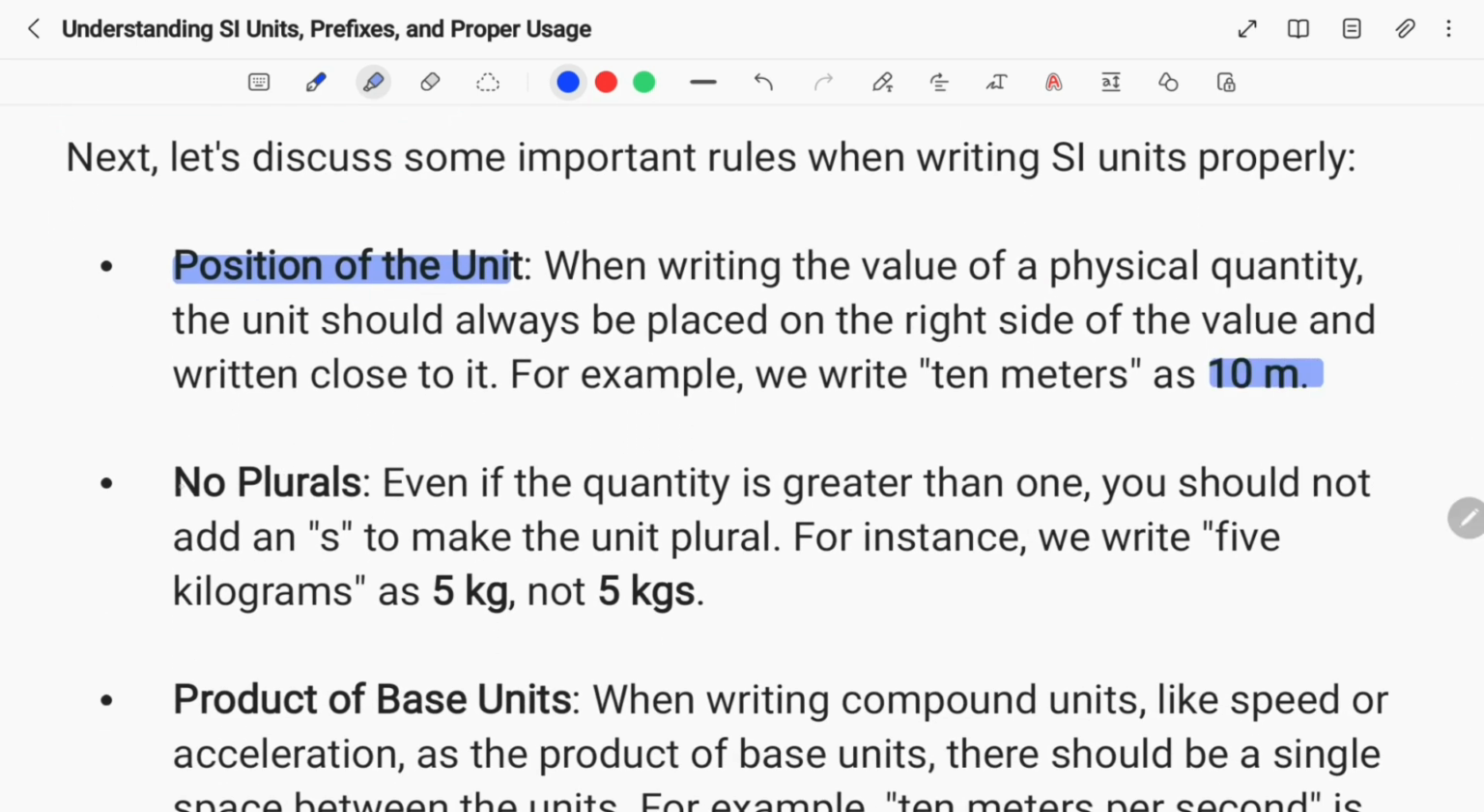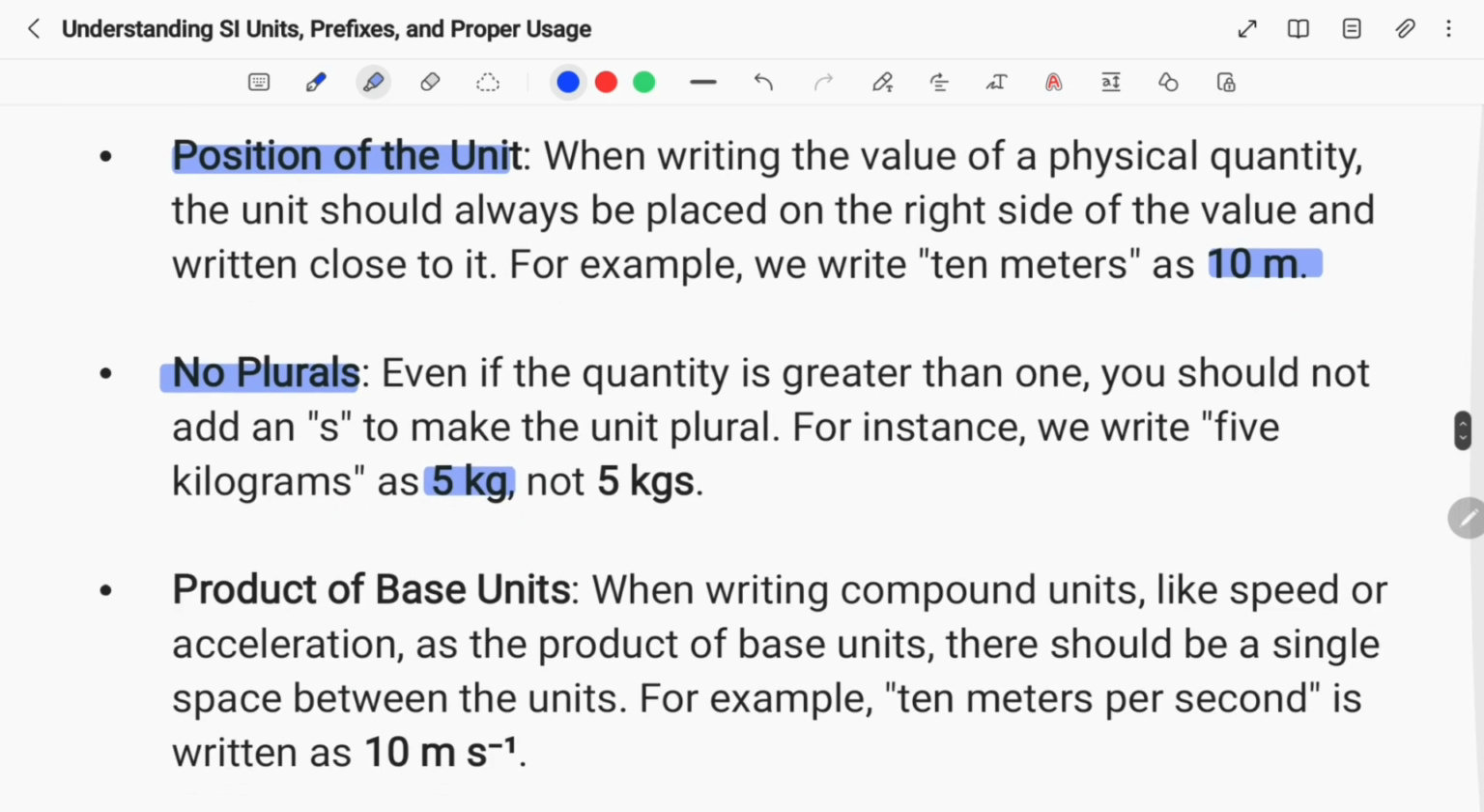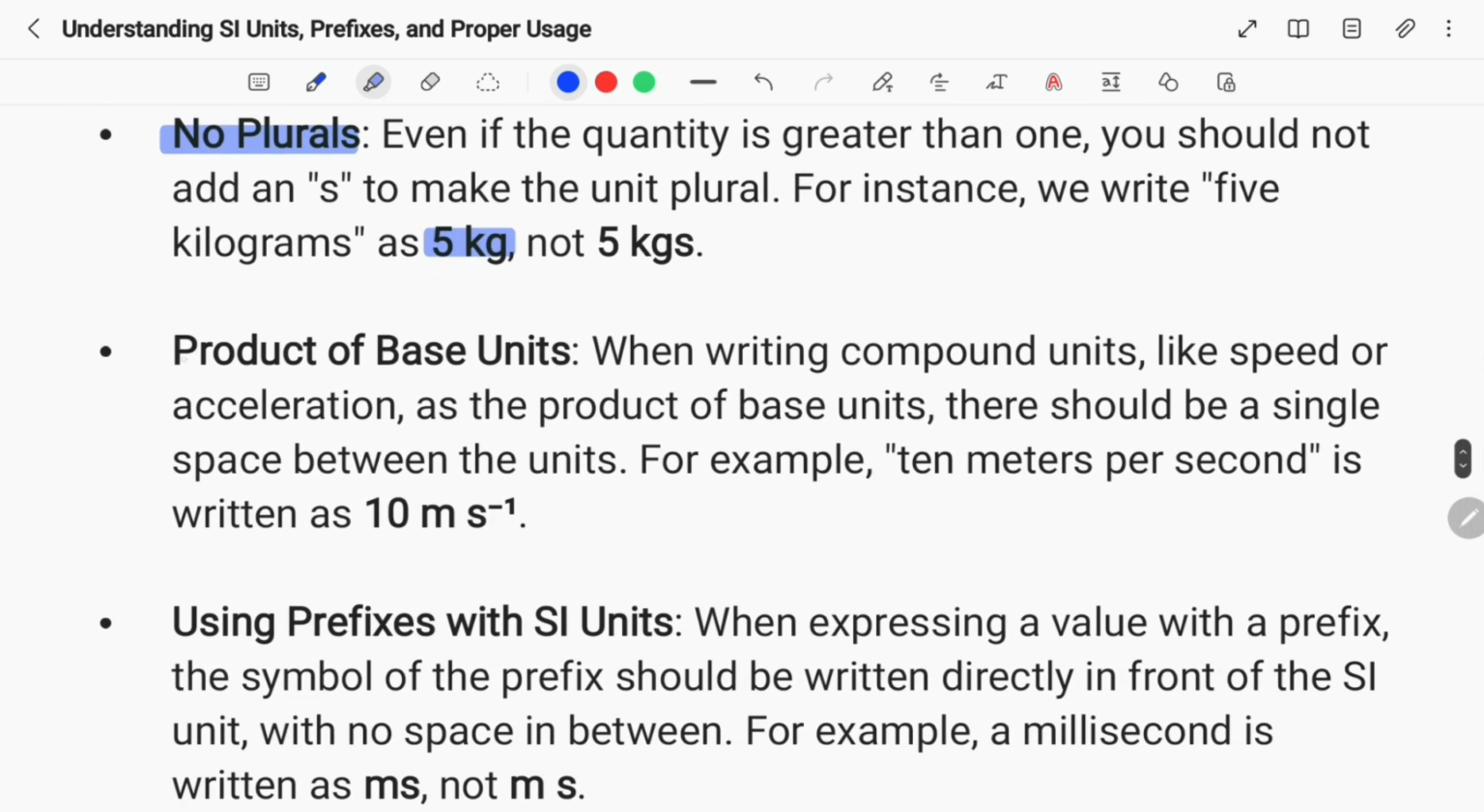2. No plurals. Even if the quantity is greater than 1, you should not add an s to make the unit plural. For instance, we write 5 kilograms as 5 kg, not 5 kgs. 3. Product of base units. When writing compound units like speed or acceleration as the product of base units, there should be a single space between the units. For example, 10 meters per second is written as 10